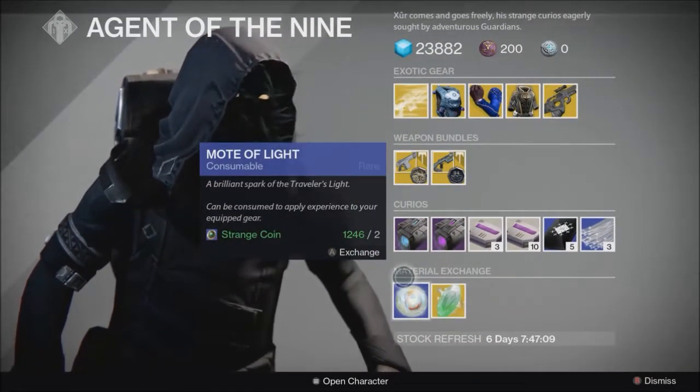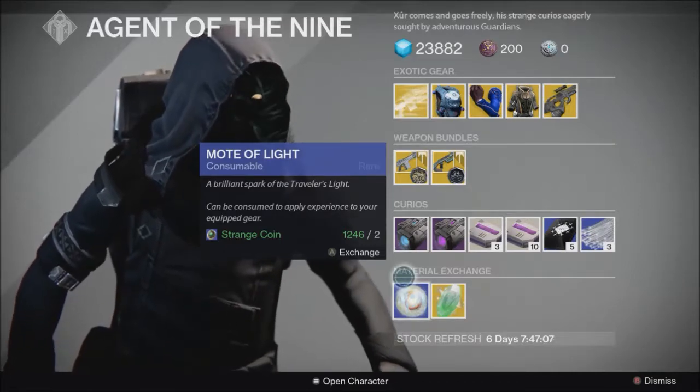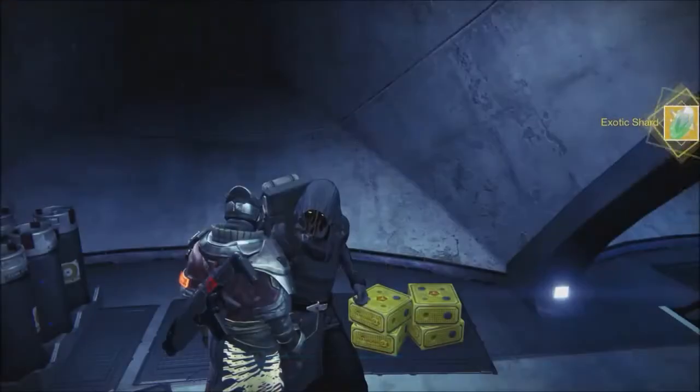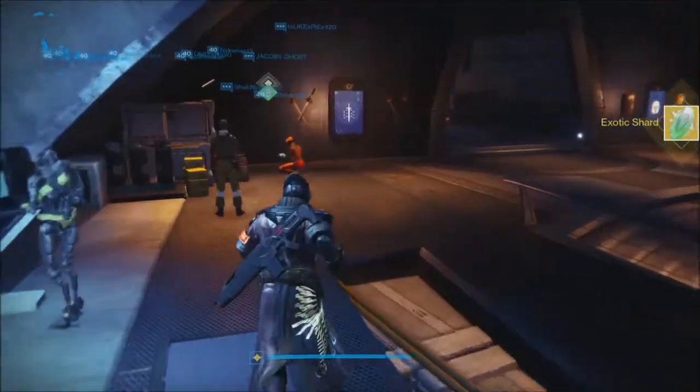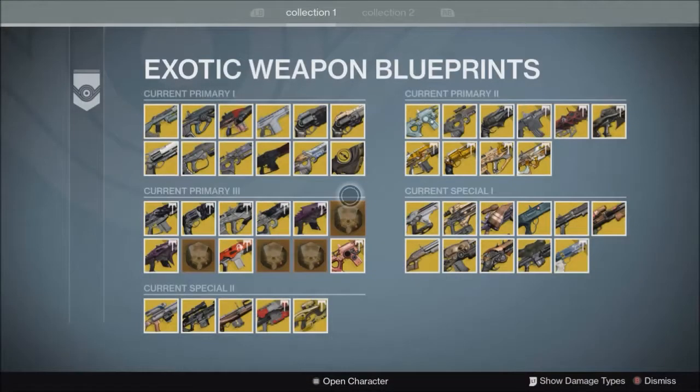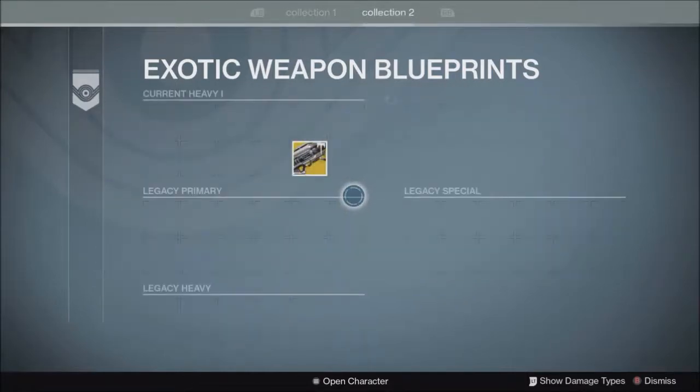Moving down to Material Exchange, Mode of Light, worst conversion rate in the game, never use it. But moving over here to the exotic shard, I'll show you how to duplicate these right now actually because he was very close to where we need to go for that. So if you need more than one exotic shard and you feel like you don't want to spend 7 strange coins every time you want one, head over here to the exotic weapon blueprint kiosk, head over to collection 2